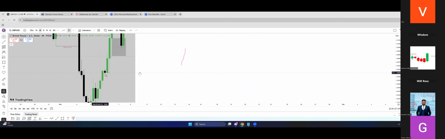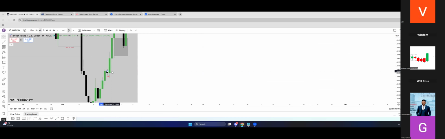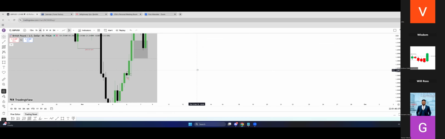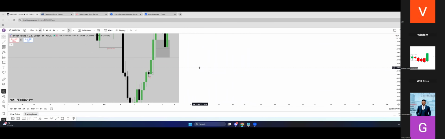Yeah, basically, this is a structure. This is what I want you guys to know. A sweep, a break of structure. This becomes an order block. It just depends how you want to trade this. You want to stick to this 4 hour, trading it like confirmation and confirmation. You can do that. There are a lot of ways to trade, but it's just the same thing. I'm telling you that liquidity has to be taken. Don't take that thing off your head. Liquidity has to be taken before any other thing will occur.